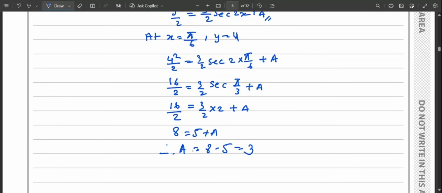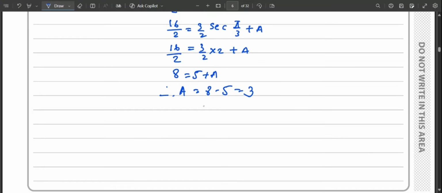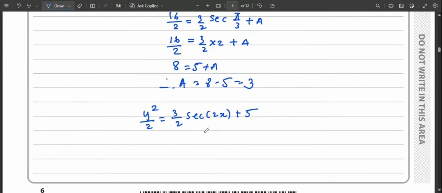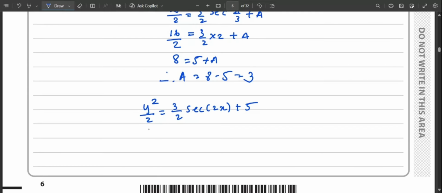Now we can use this value to write our final equation, and that would be our answer. So y square by 2 is equal to 3 by 2 sec 2x plus 5. So multiplying both sides by 2, we will get y square equals 3 sec 2x plus 10. And this is our answer